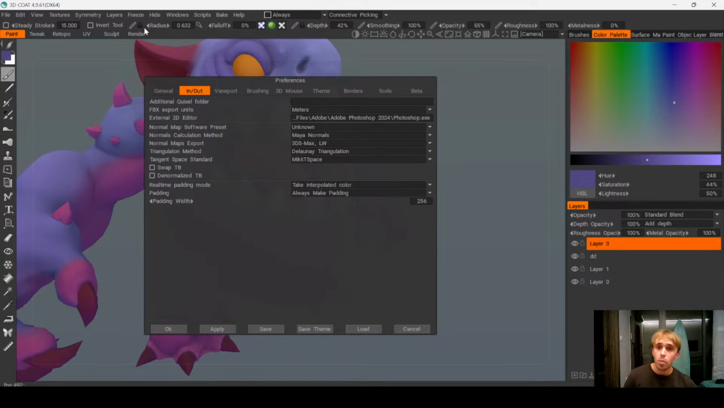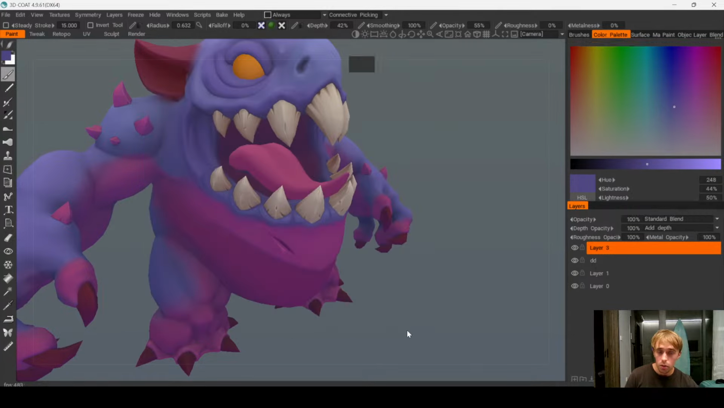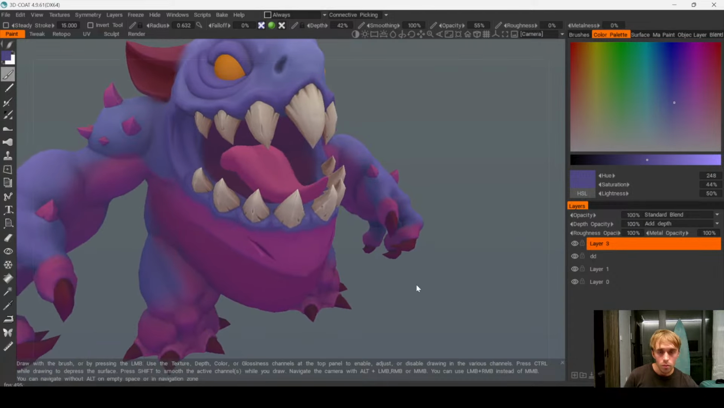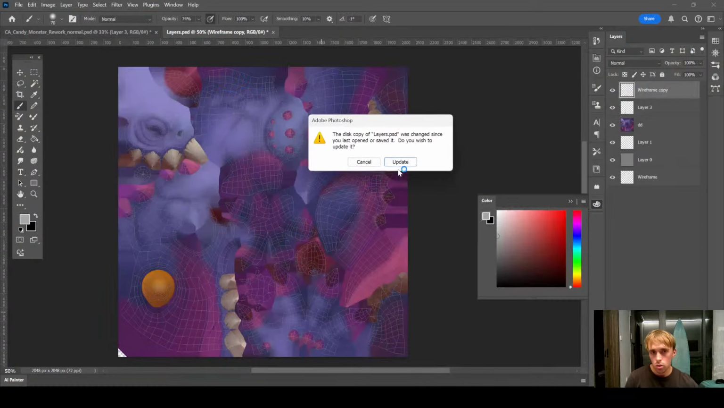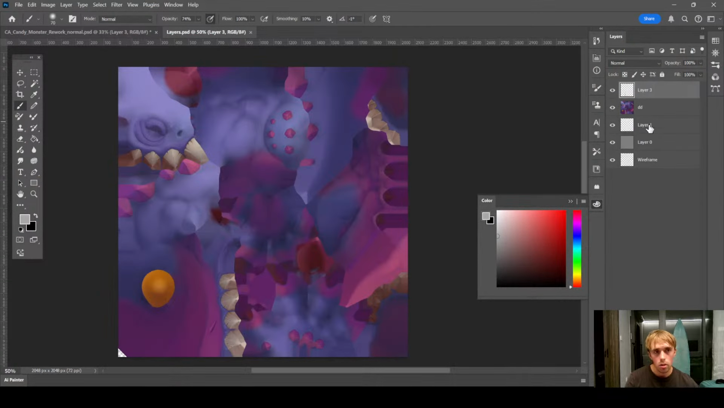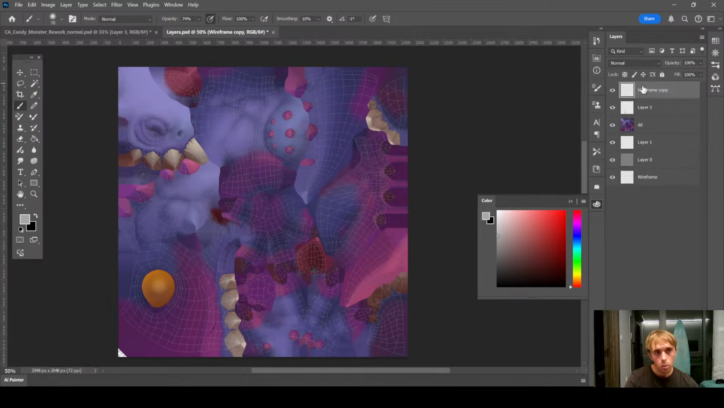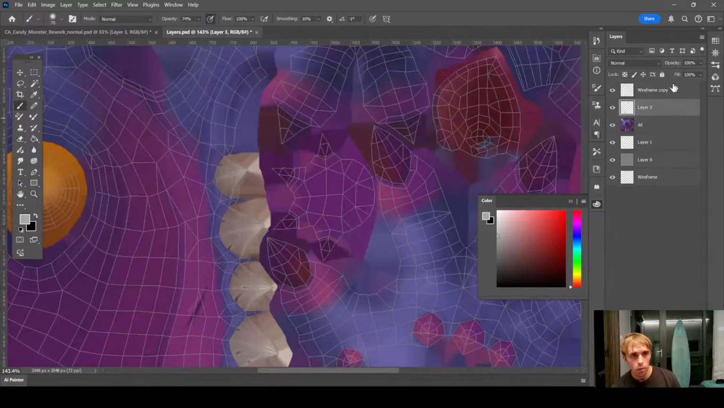Anyways, go to File, Preferences, In/Out, and choose Photoshop file. Then apply and save. Then, after we have it, just press Ctrl P and you'll save all of the layers to Photoshop. Just like this. Hold Alt, copy wireframe layer, and here, when we have these details,